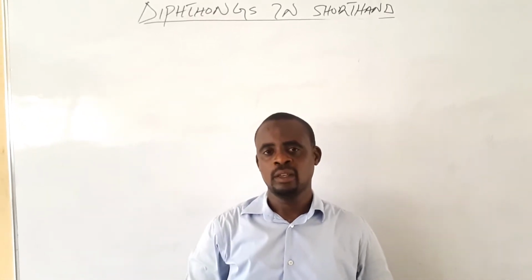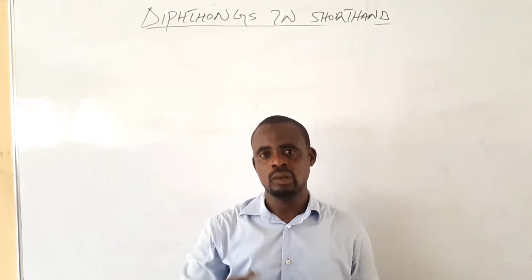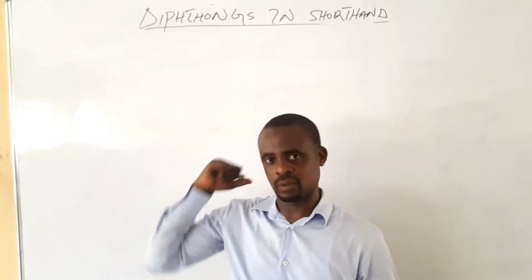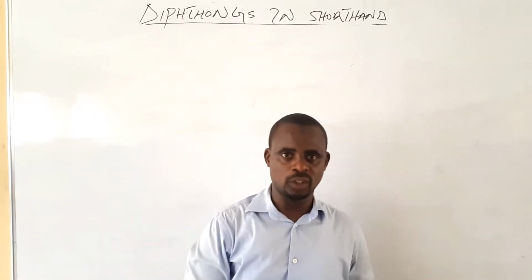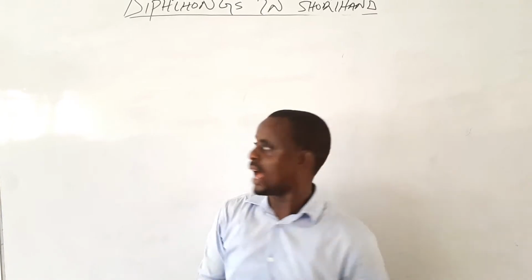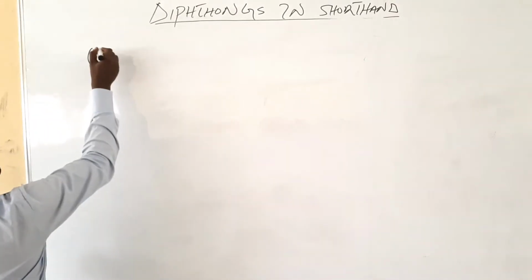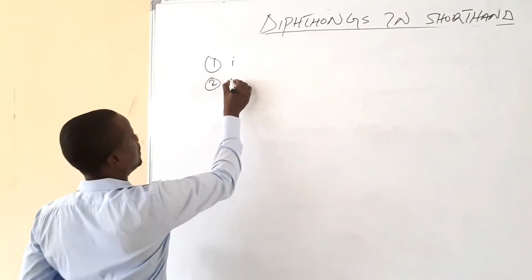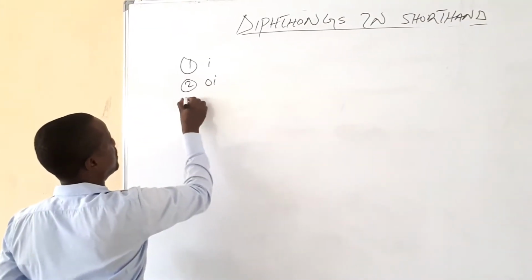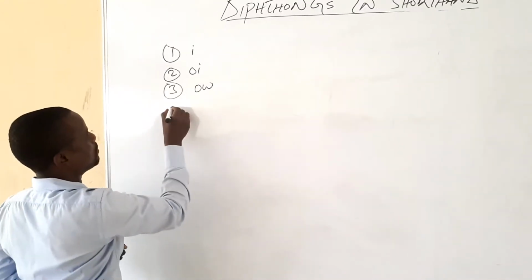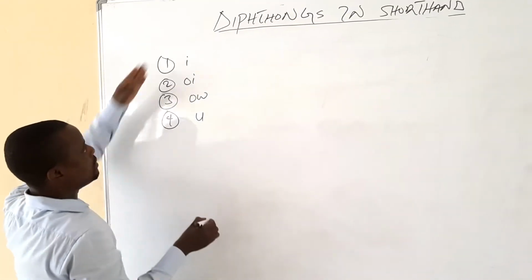As we said, in shorthand we have 24 consonants, 12 vowels, then we have 4 diphthongs. So now we are going to learn the 4 diphthongs in shorthand. These 4 diphthongs are, number 1, diphthong I. Number 2, diphthong OI. Then number 3, diphthong OW. Then number 4, diphthong U. These diphthongs,